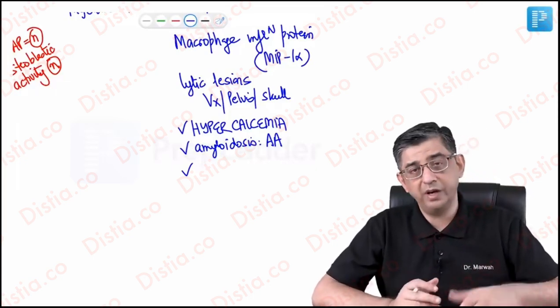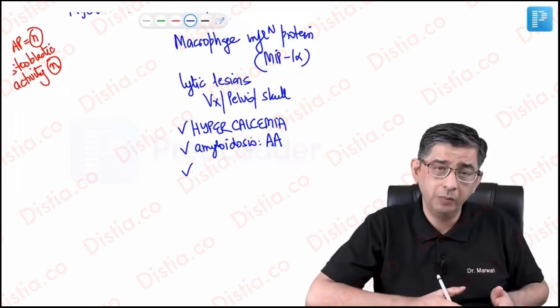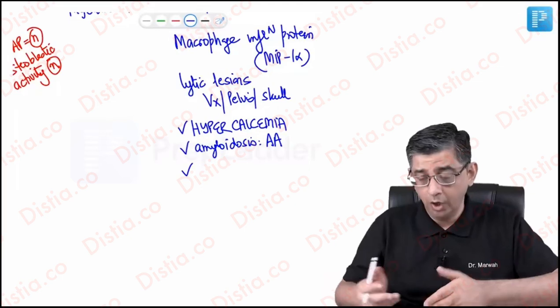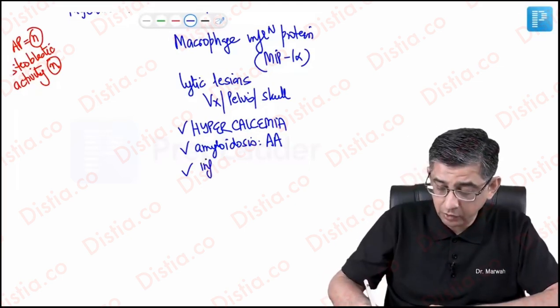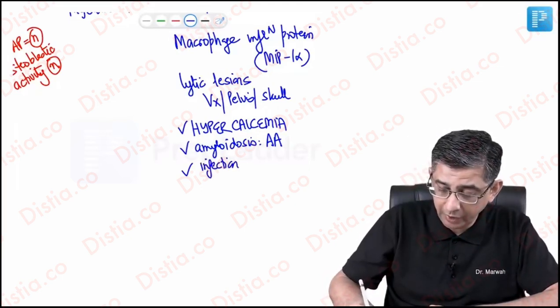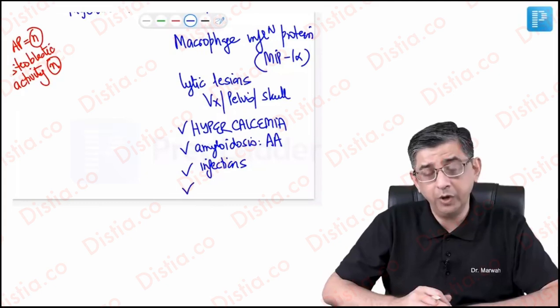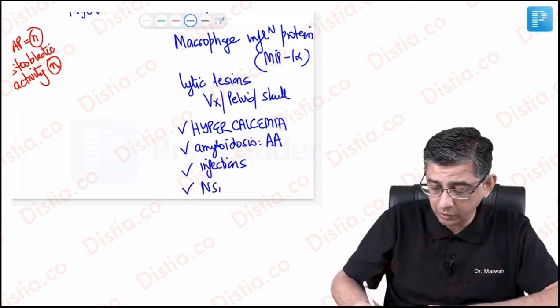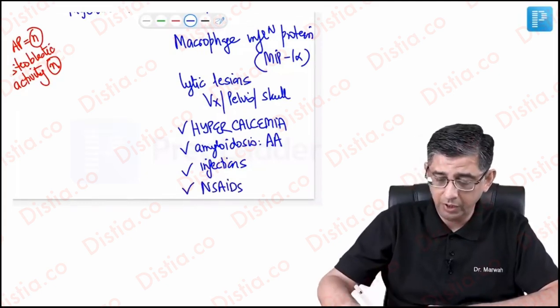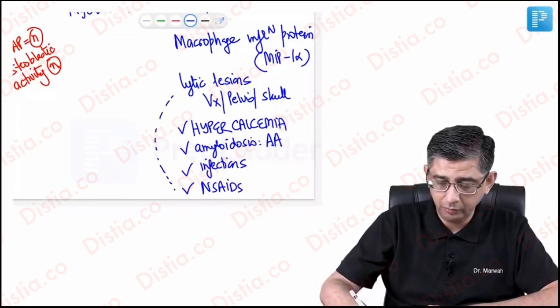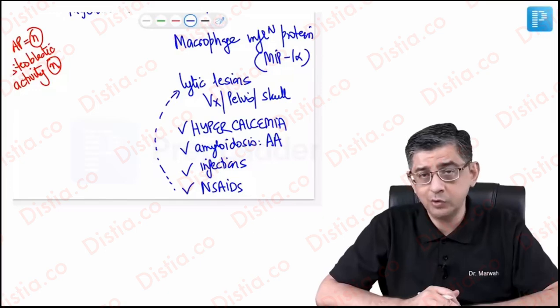I mean the disease, why he's asking is because the disease is in the bone marrow and it's the kidney that is suffering. Over and above this, infections will also contribute to this. As I told you, pyelonephritis can contribute to scarring of the kidney. And because of the bone pain component, the person will be using painkillers on a regular basis. I said lytic lesions will contribute to bone pain, so the person will use painkillers.